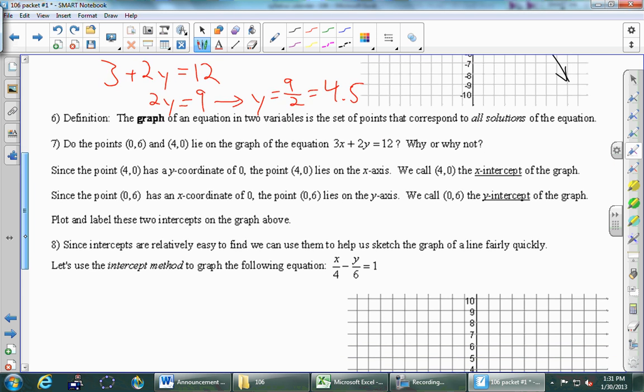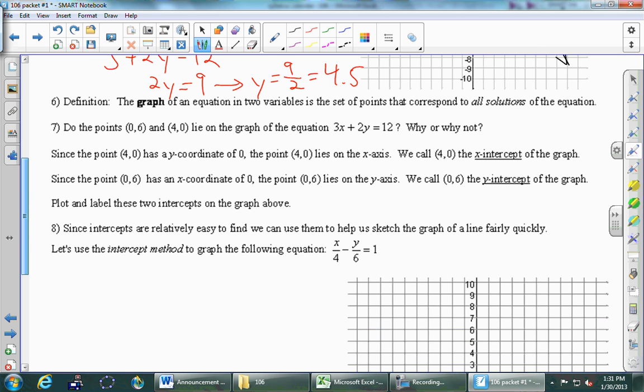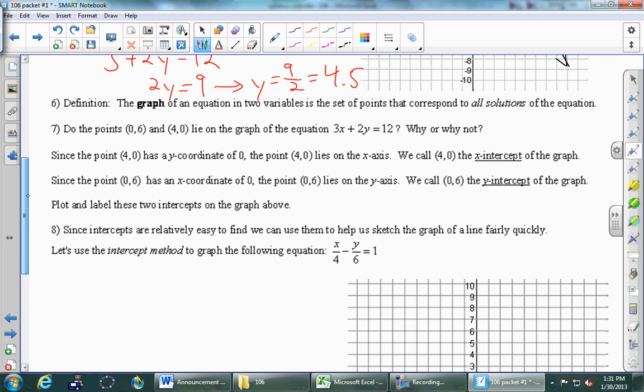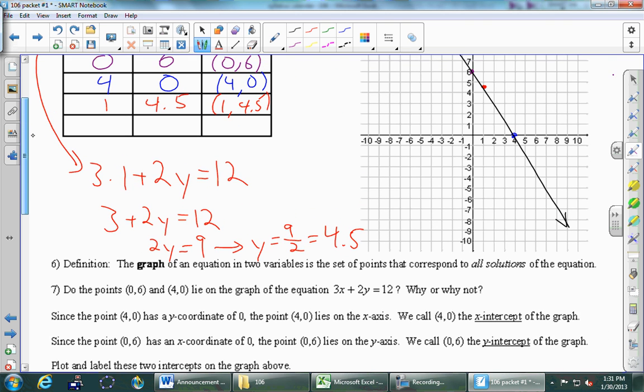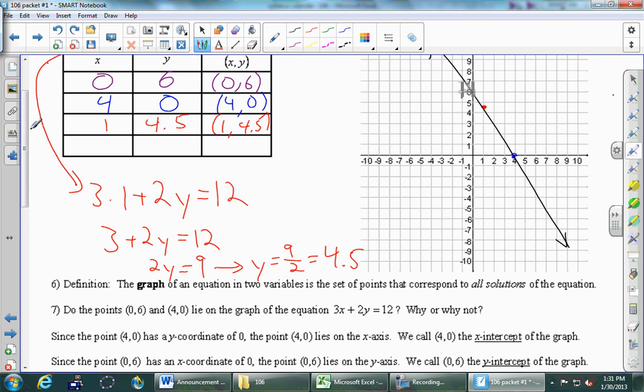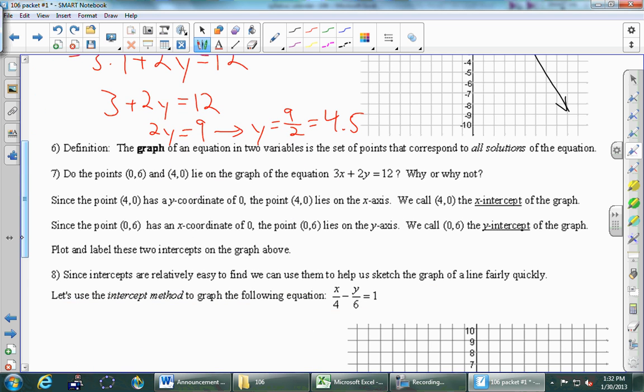Okay, let's come down here to number 7, and we'll come up here to Ben. Okay, so 0, 6, and 4, 0, are they on your graph? Yeah, and maybe you picked those points, like I happened to actually pick 0, 6, and 4, 0, but if you didn't pick them, then it might not be clear. It might look like it's close, but it's hard to tell. And really anything on a graph is hard to tell. All we're doing is estimating. So those 2 points lie on the graph, and now we'll come down here to an important vocabulary thing,